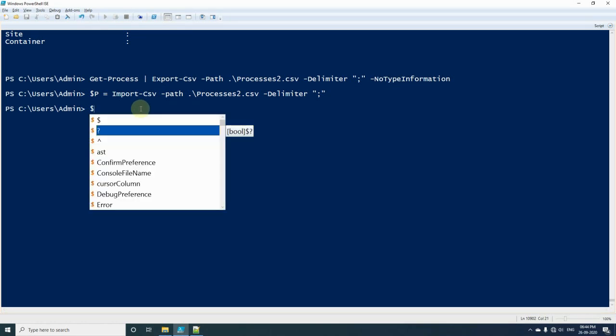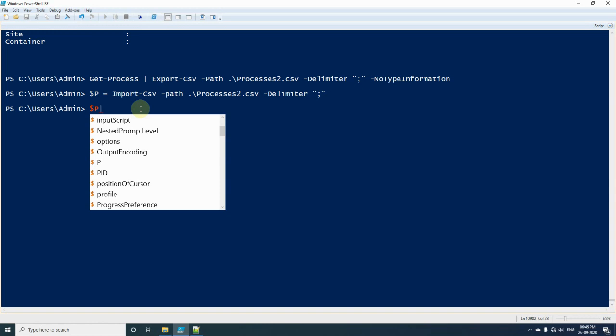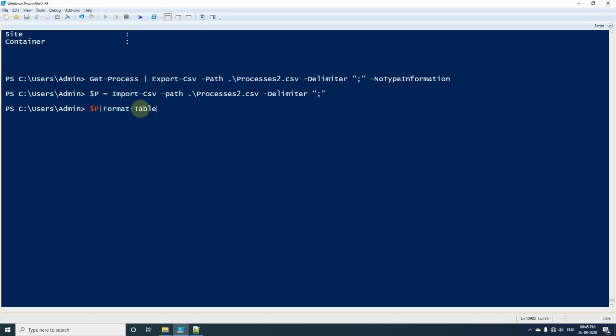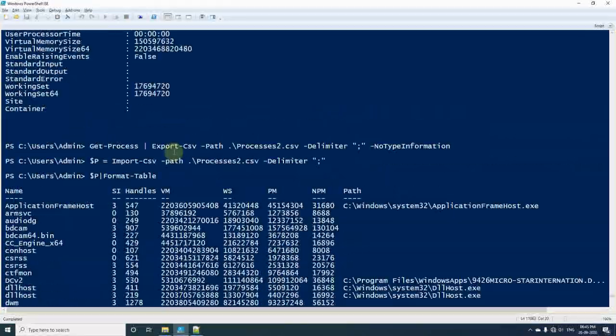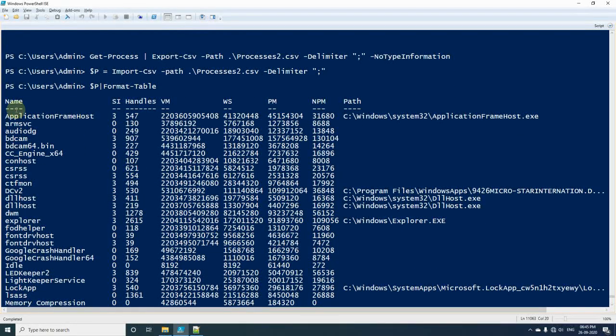If I want to verify the data, and if we want it displayed in tabular format, since previously every data was printed in list format, we will use the cmdlet called Format-Table. This time you will see that everything has been printed in tabular format.